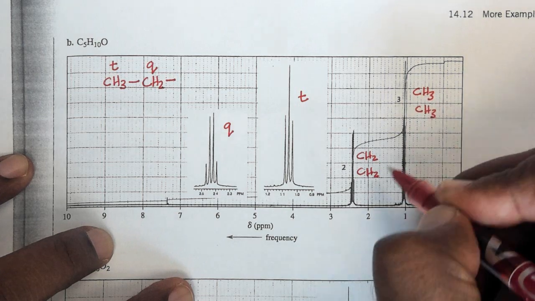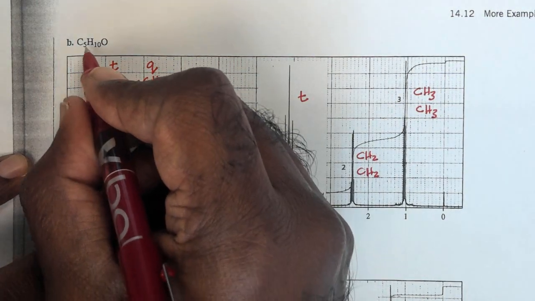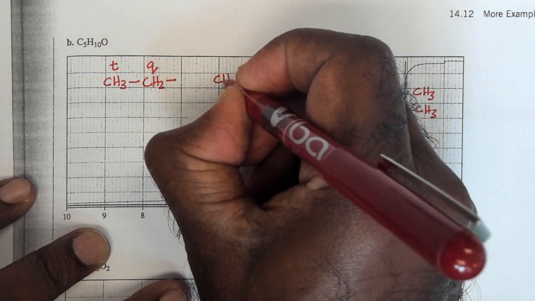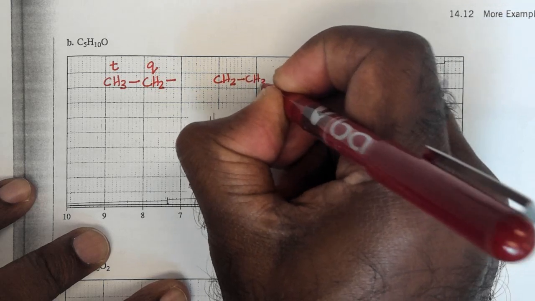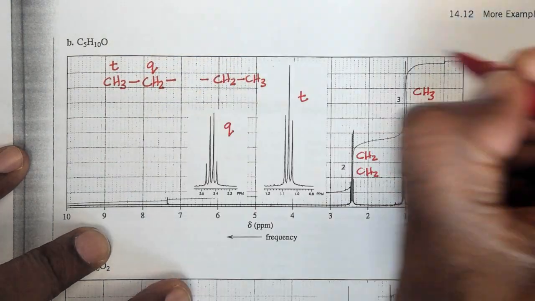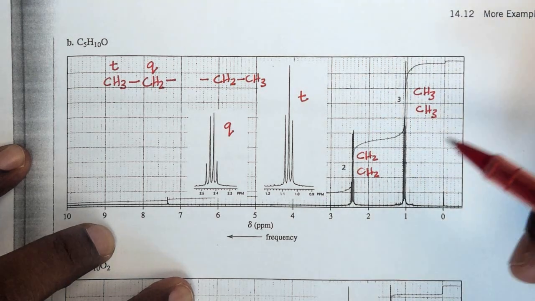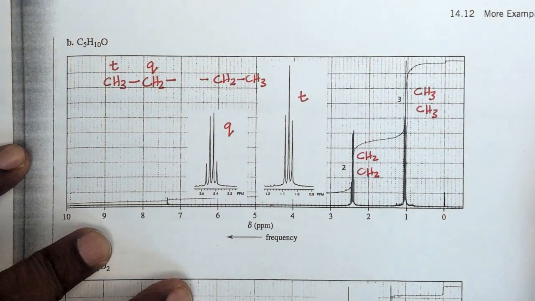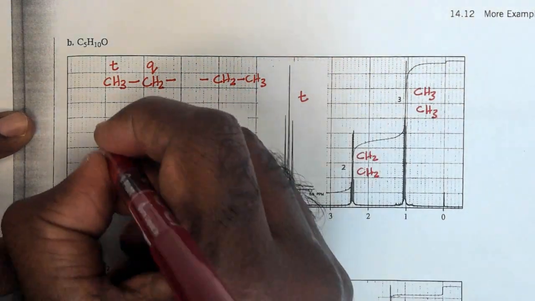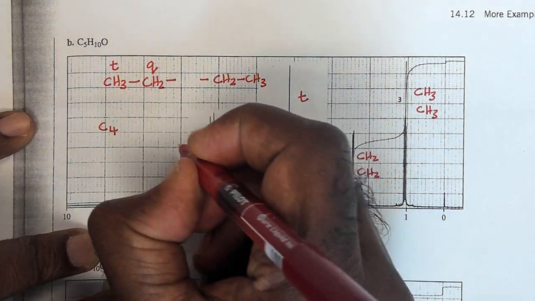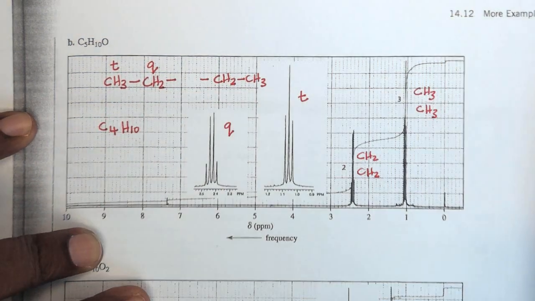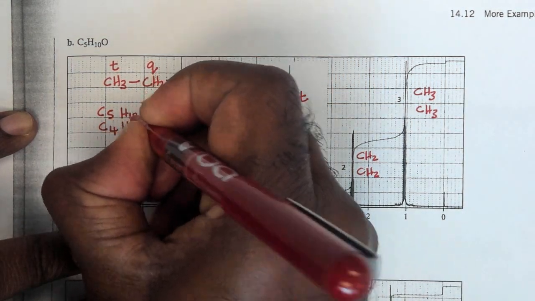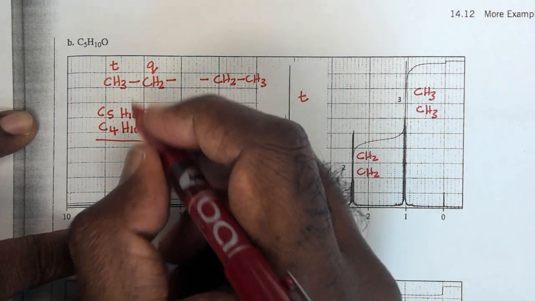If I double up on my CH3s and CH2s, it would mean that I have a CH2 and a CH3 as well on the other side. And because they're equivalent, the molecule must be symmetrical, which means I have something down the center here to make them symmetrical. I'm going to count all these up, and this adds up to C4H10. And if I look at the molecular formula that I'm given, C5H10O,